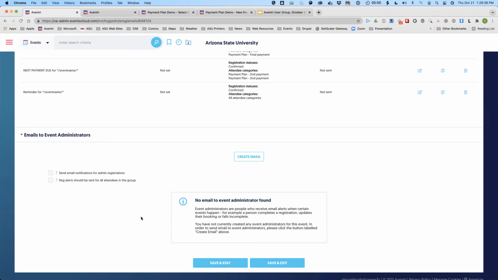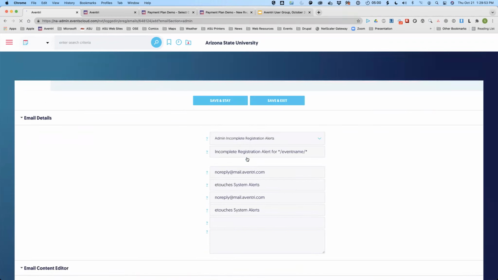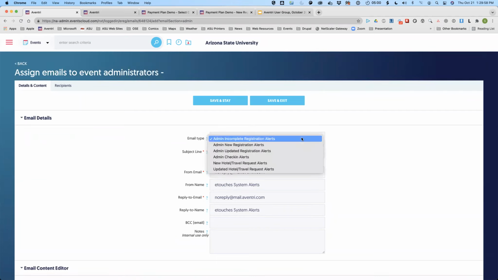Yeah, that's this feature. And if you all didn't know about it, if you have somebody who would like to be alerted when something happens in the system, they would like to get an email notification every time someone registers. We have a few people like that. What you can do is come down here and you click create email, and then select what is the trigger for this email. It defaults to incomplete registrations. Probably the most common use is the new registration alert, right?